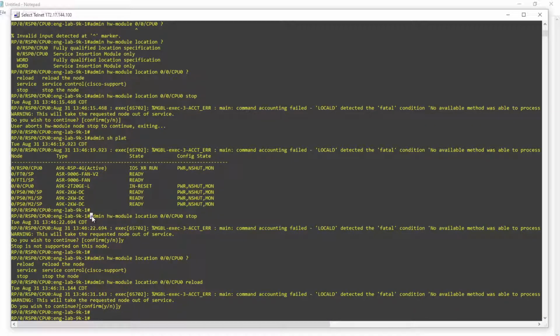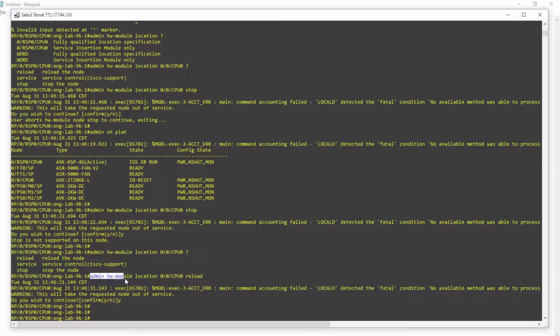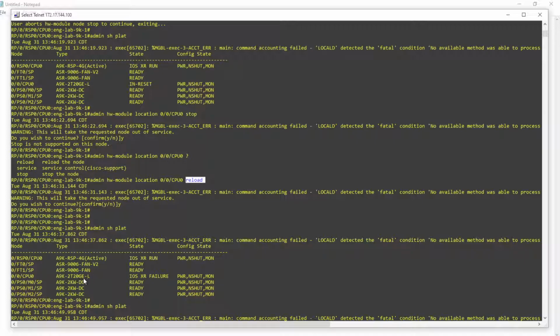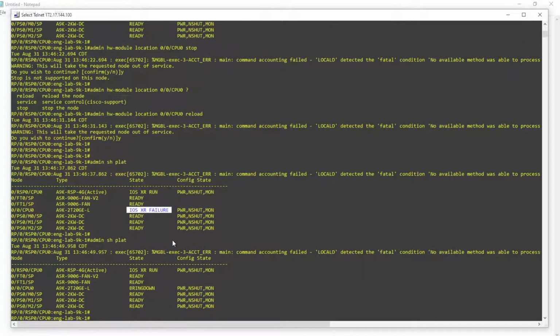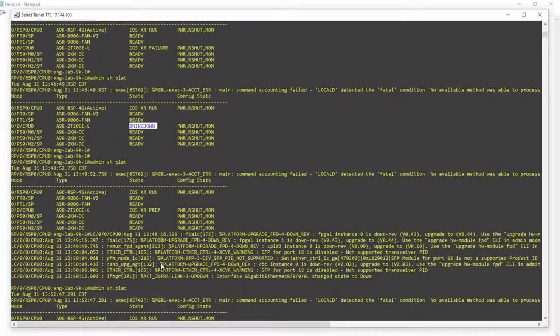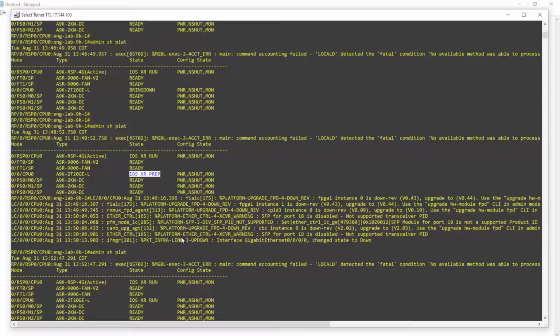You can see I tried to stop it, but I was unable to. So I did an admin hardware module location slot 0 reload. All right, and after reloading, it goes into XR failure mode, bring down, XR preparation. Okay, and then after it's done rebooting, I got these messages about line card in slot 0,